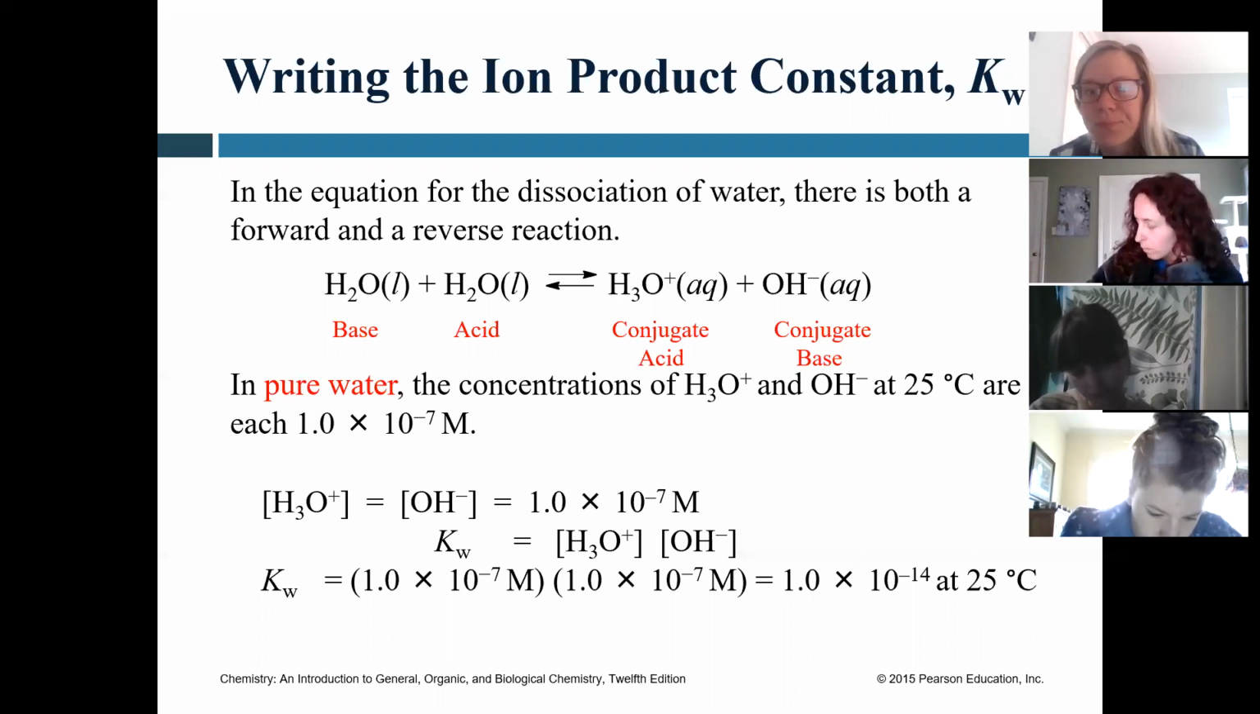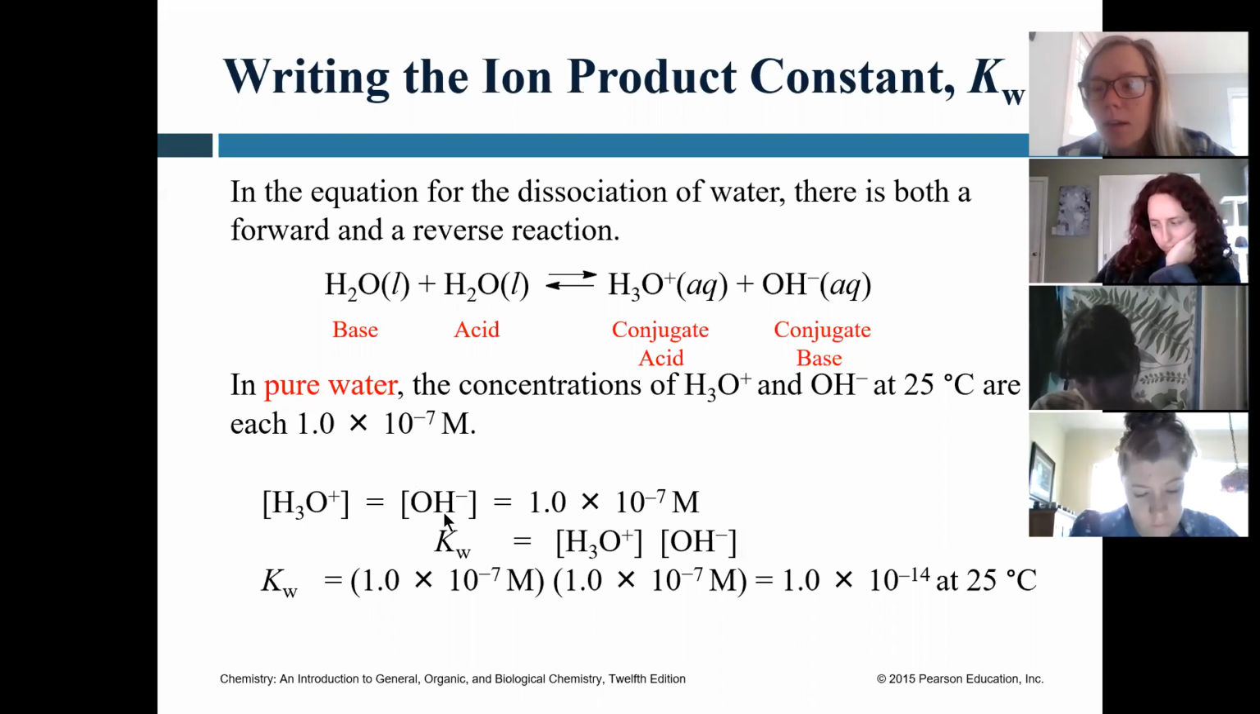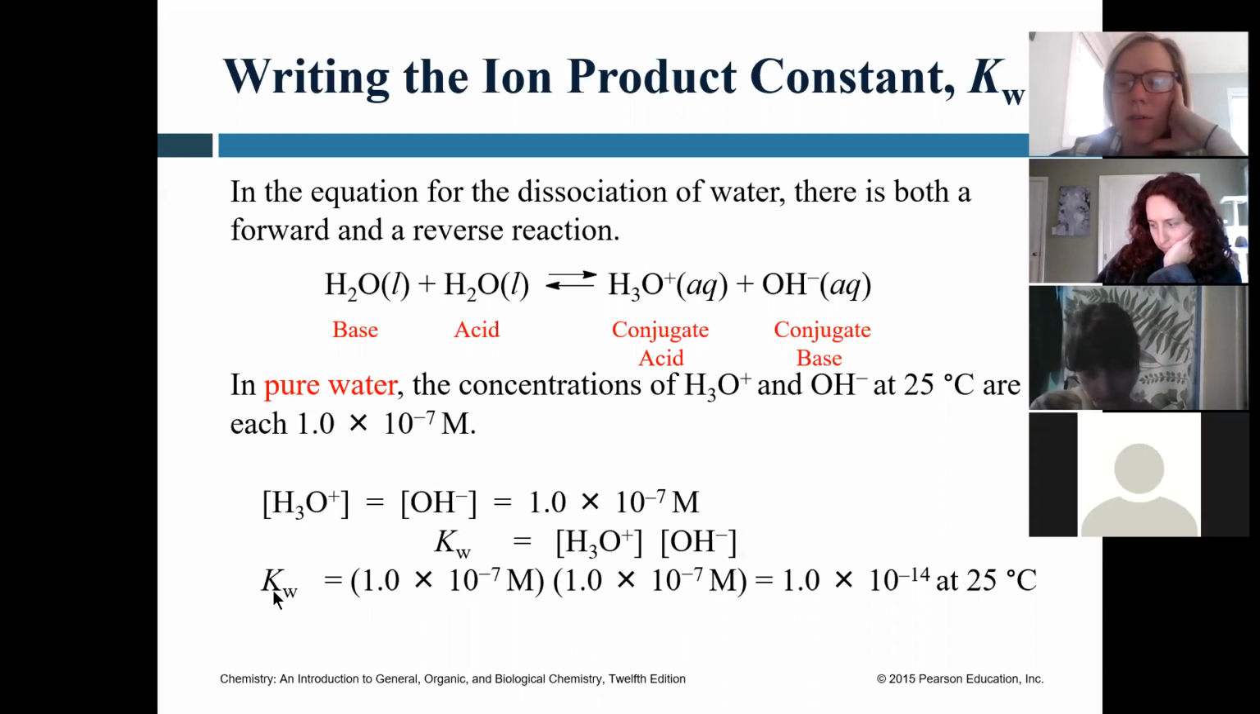similar concentrations. Now, the concentration of the H3O plus and the concentration of the OH minus equal each other in pure water. If I take those two values and I multiply them together, I get what's known as the Kw constant. Okay? And Kw is always going to equal 1.0 times 10 to the negative 14. Now, this little nifty equation here,